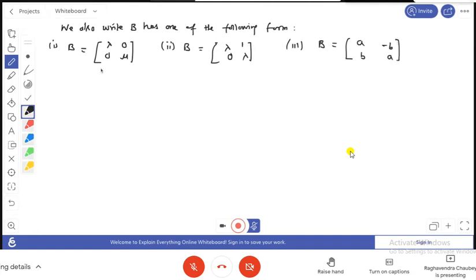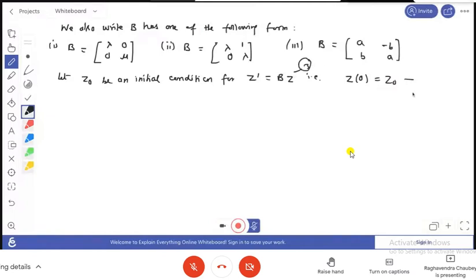And suppose Z0 is an initial condition for this system of equations. Okay, so that initial condition is given. This is Z at x equals 0, which equals Z0. Suppose this is equation number 3, and this is equation number 4. Okay, so then